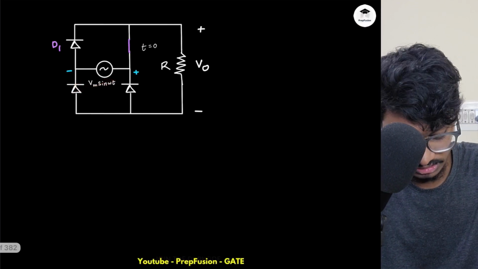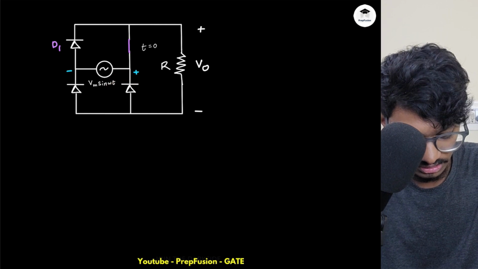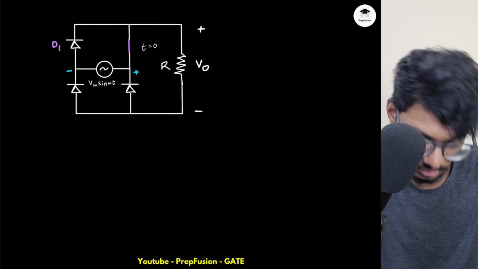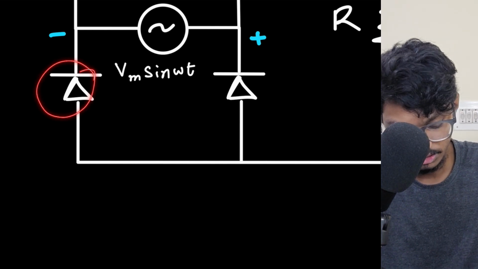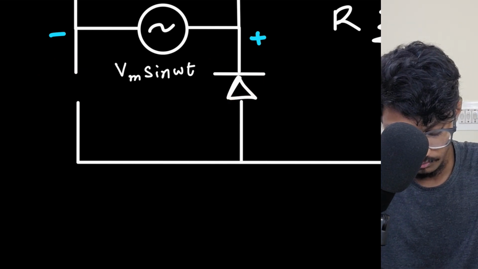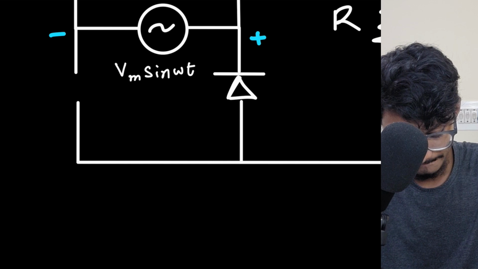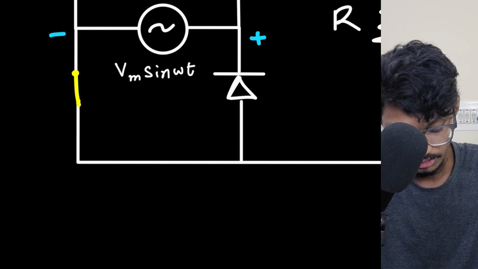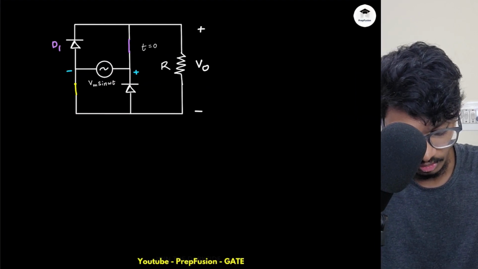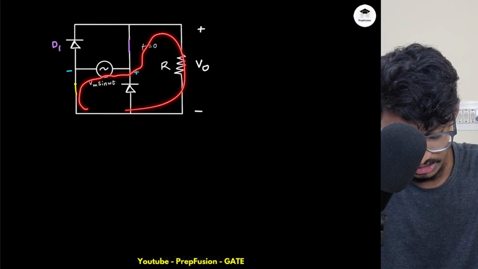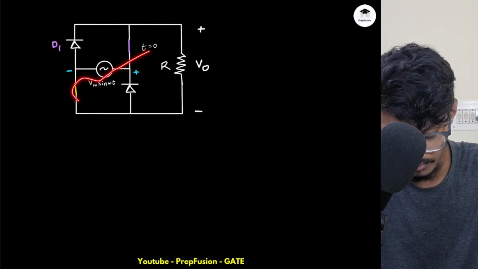So this diode is not turning on because this is connected to the cathode. Here this is connected to the anode. So this diode will be on, this diode will be off. So if this diode is off and this diode is on, now if I apply a simple KVL, and this diode is off, so if I apply a simple KVL,